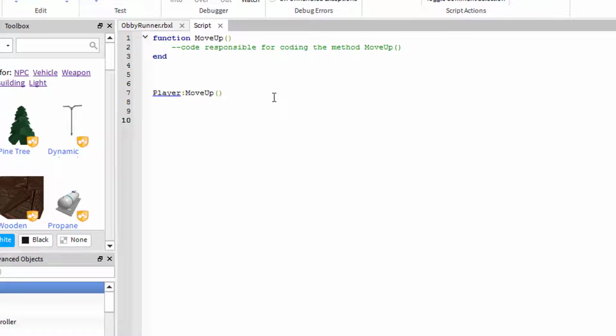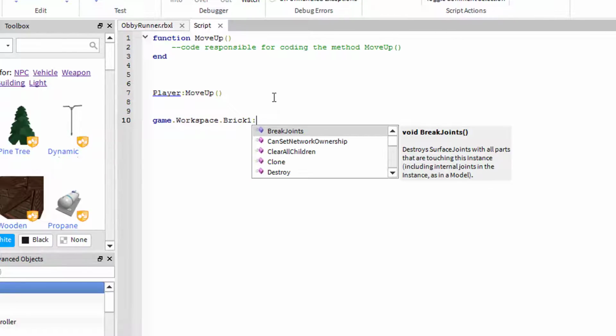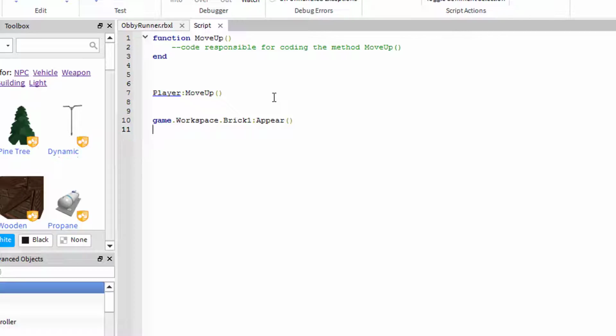When using given Roblox methods, there's a limited amount of things you can do because Roblox can't account for every single method you might want to create. So, for example, there's no game.workspace.brick1 appear method, or brick2 disappear method, because Roblox didn't account for me wanting to use this, and why should they? So if we want to make our own methods, we're going to have to make custom methods